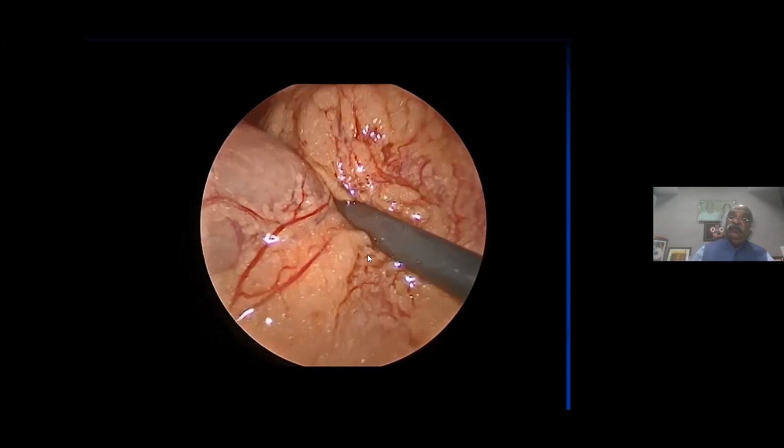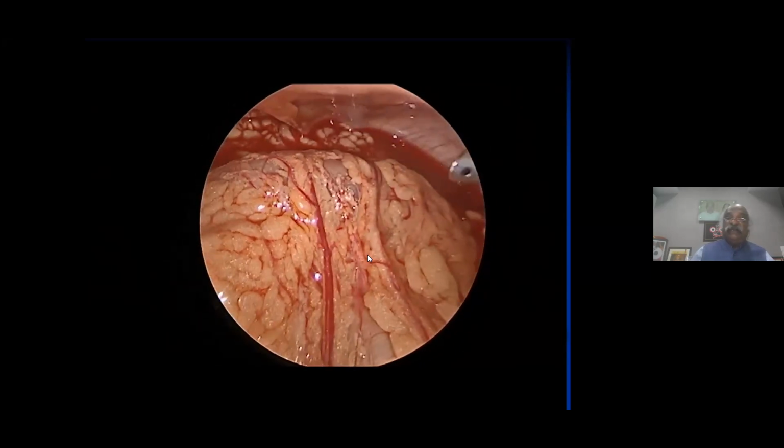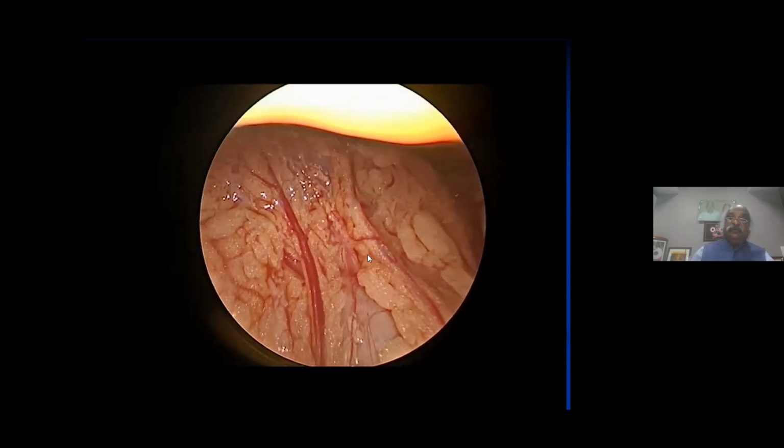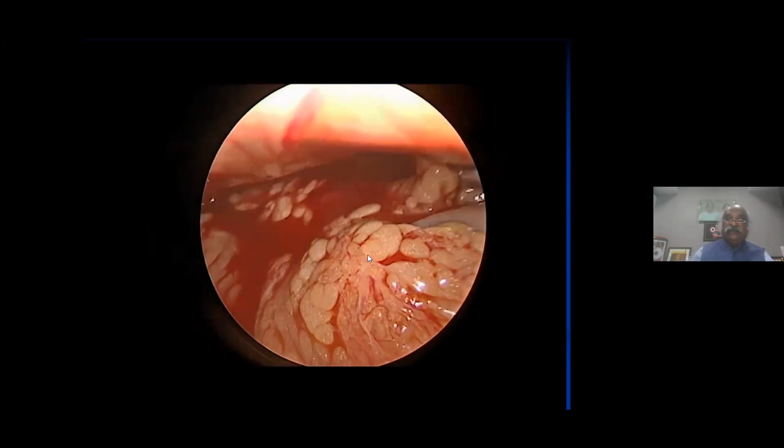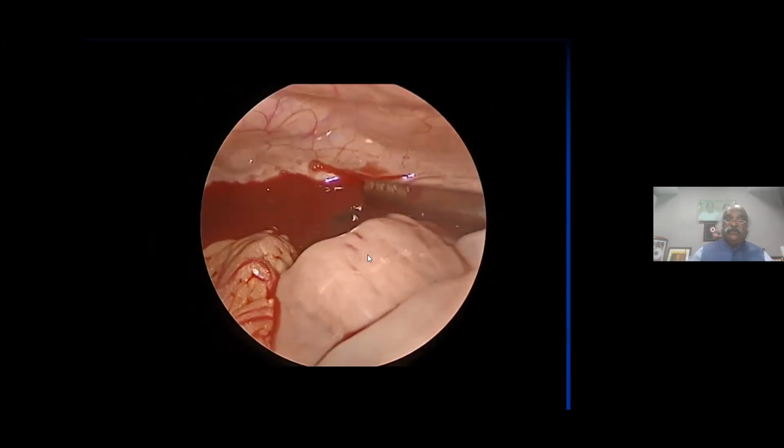Very rarely we get this particular case. This is a very atypical case. When I was thinking that this could be ectopic, with the same symptoms as ectopic, and massive hemoperitoneum giving rise to hemorrhagic shock.